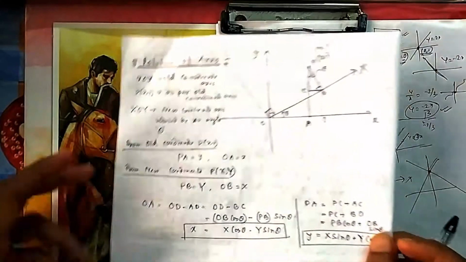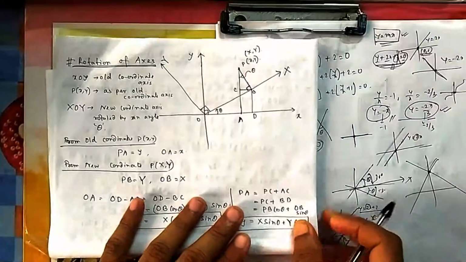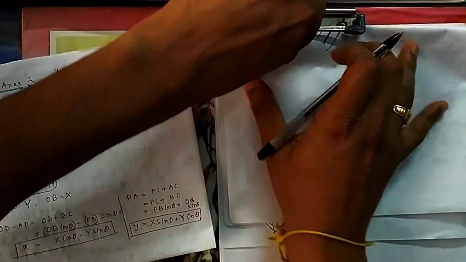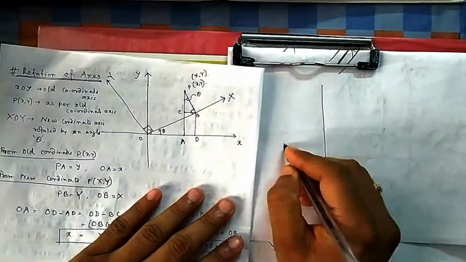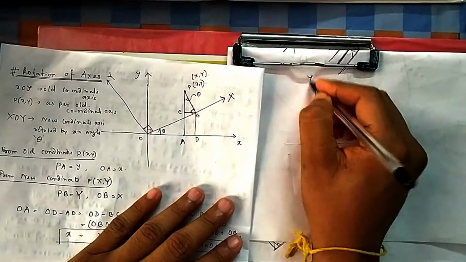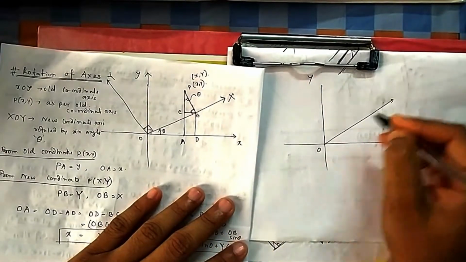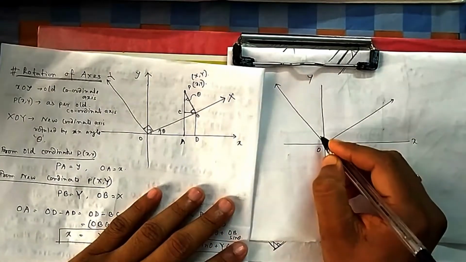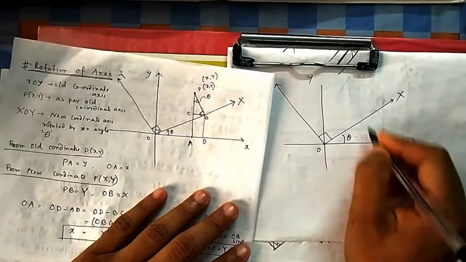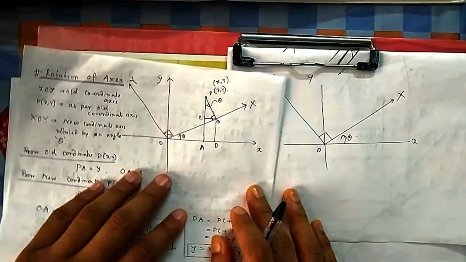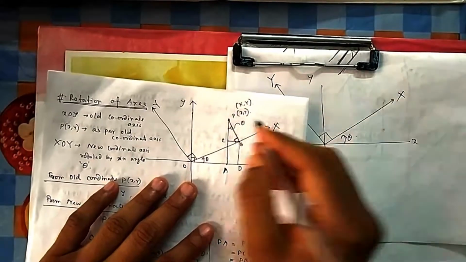So next is rotation of axis. Suppose you have an axis and you have rotated it. We have seen change of origin. Now you have an axis, this one, x o y small, I have written. Now suppose you have rotated it by an angle of theta. So this is now the new X O Y. You can see this is the angle with which you have rotated it, suppose in the anti-clockwise direction. So this is a point I have taken arbitrary.